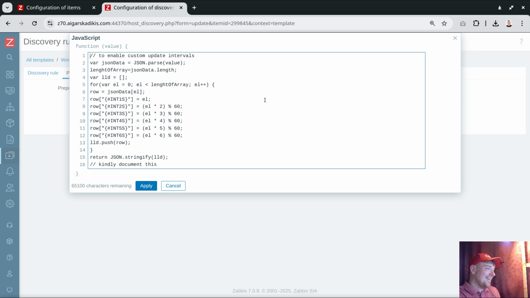We can add something extra inside that LLD JSON, and here what I'm practically doing is counting how many elements are inside the JSON and introducing these other low-level discovery macros